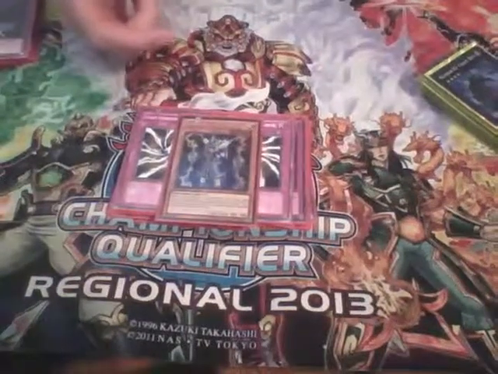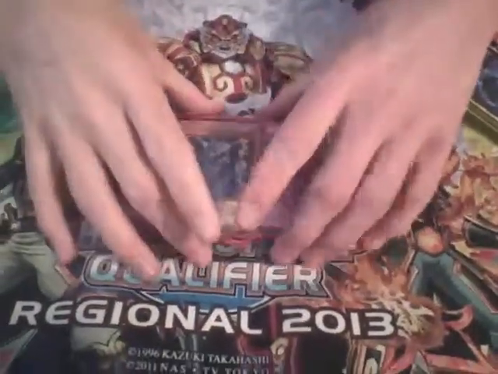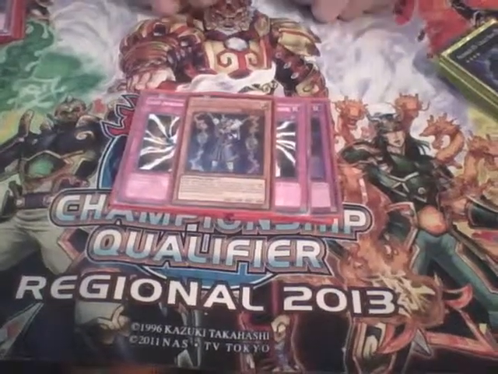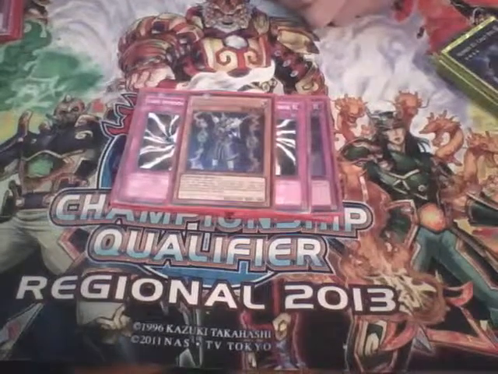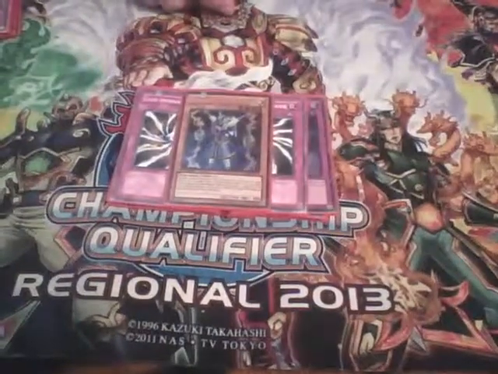And then Thunder King Rai-Oh. This guy I'm probably going to take out. I didn't side him in at all yesterday or the week before, so he just doesn't really have a place right now. So I'm not sure what I'll take him out for. I'll do some looking on what I really need instead of him. If I could get a hold of Mistakes, I would probably do Mistake instead, but...